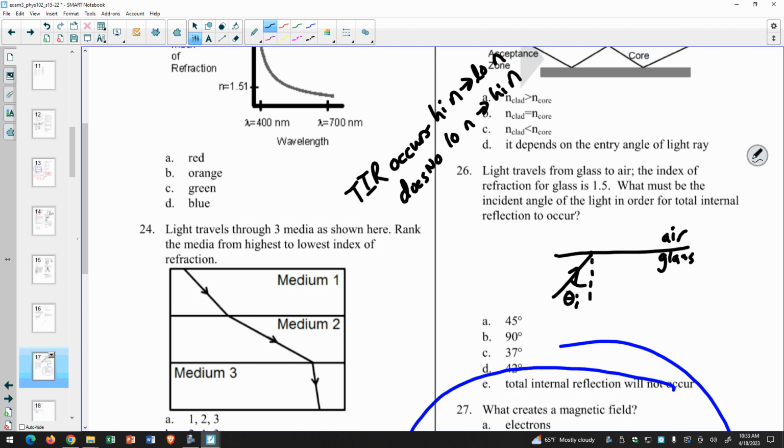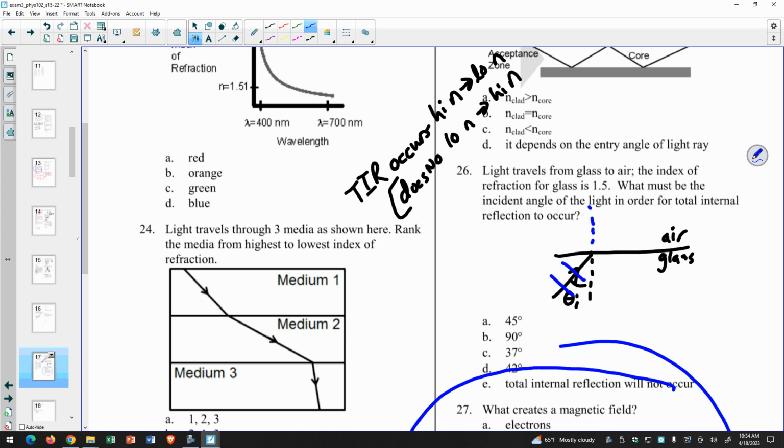In fact, in this situation, if you try to calculate the critical angle for your incident angle, you're going to get an error in your calculator. It's just not possible. The light just doesn't bend in that way. And the reason is this, that when I'm moving from glass to air,